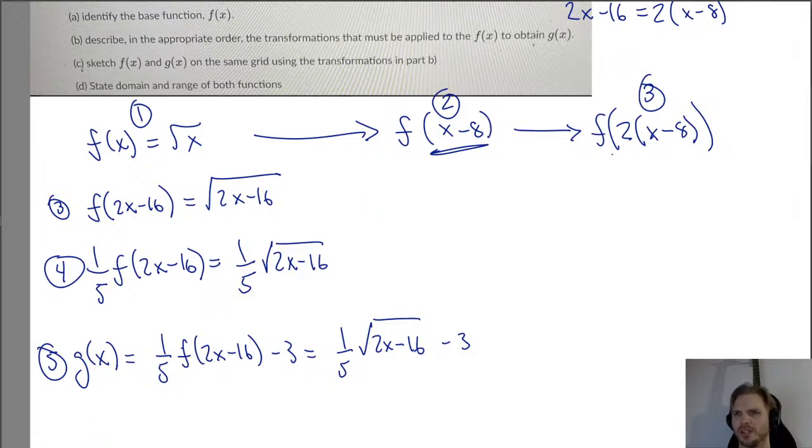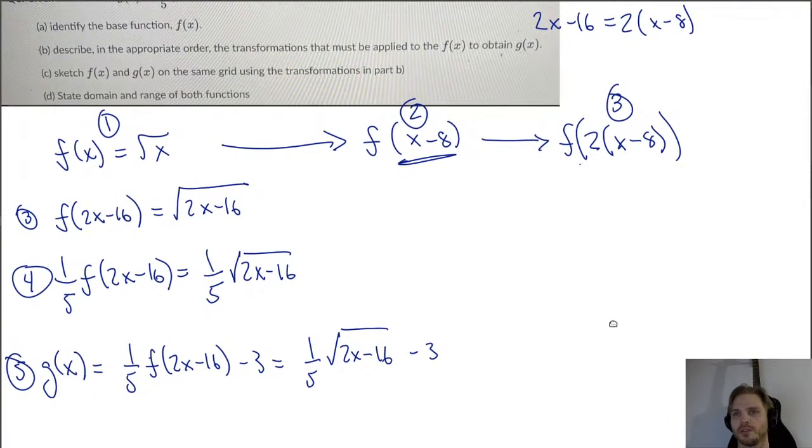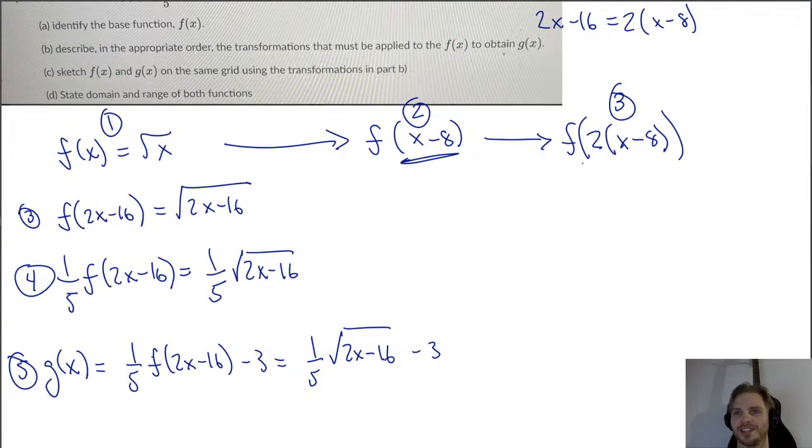Okay. So then we have to sketch both of these now. Sketch f of x and g. Okay. Let's go here and here, and